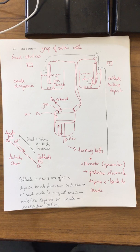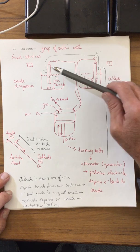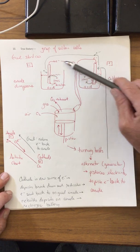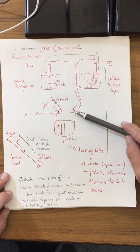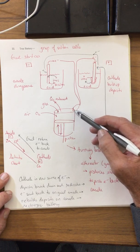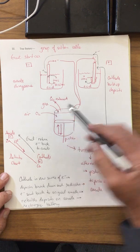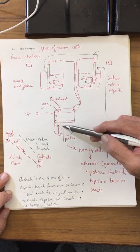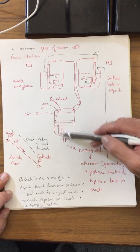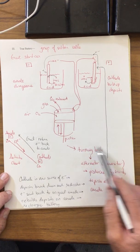So as a quick summary, we're going to walk through this all over again. You start your car, and what you're doing is you're connecting a circuit which is going to send electrons from the battery to the spark plug. The spark plug is going to build up with the electrons. Those are going to jump across, but as they jump across, they're going to spark, they're going to ignite the gasoline. The piston is going to then move down, up and down to power these turning belts,